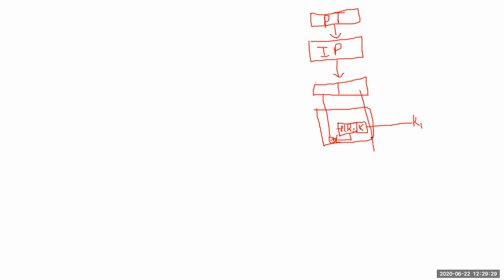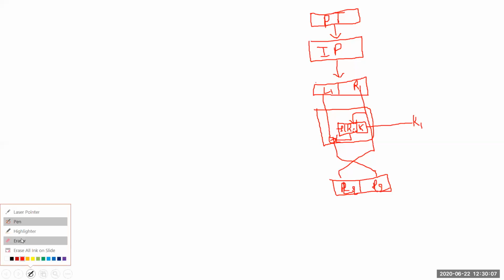One of the inputs of this round function will be Ri. Let me say this is the first round, so this is R1 and this is L1. After doing this, it will be sent to the swapper. The swapper swaps like this. This is the swapper here. Now this is round one. The round one output will be L2 and R2, and so on and so forth. In this way we operate for a huge number of rounds.